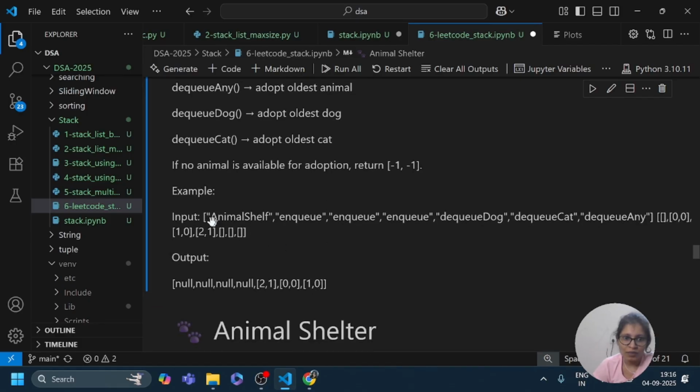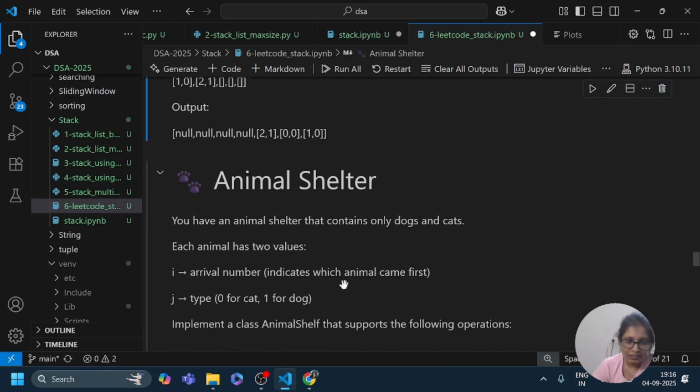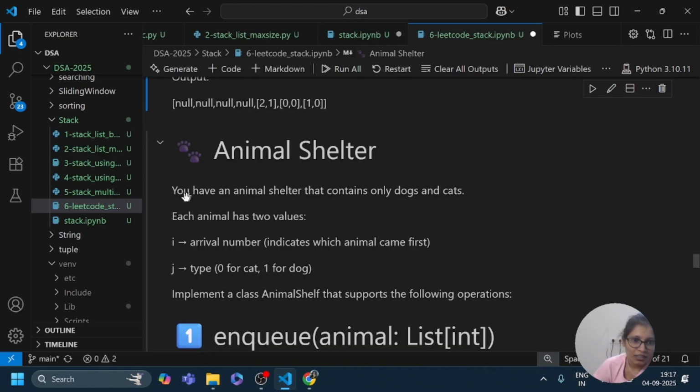For example, in the input you have animal shelter and the operations, enqueue, dog, dequeue, and we get the output. I need to check it. Again, I am going to explain this problem. If you have an animal shelter that contains only dogs and cats, each animal has two values.